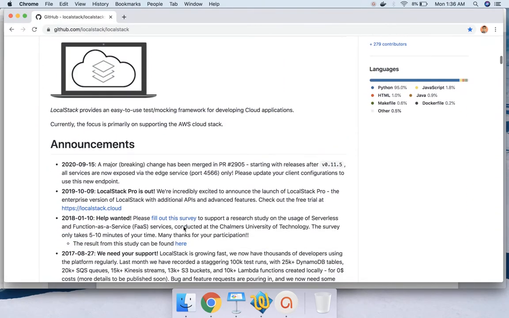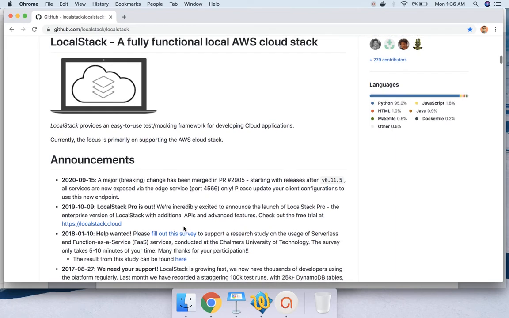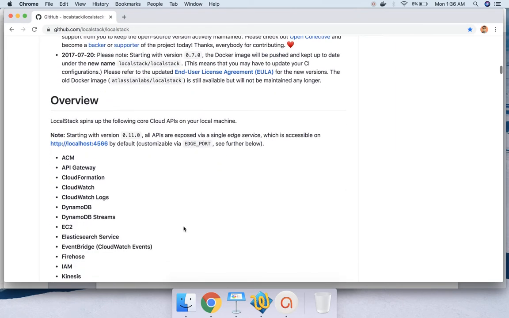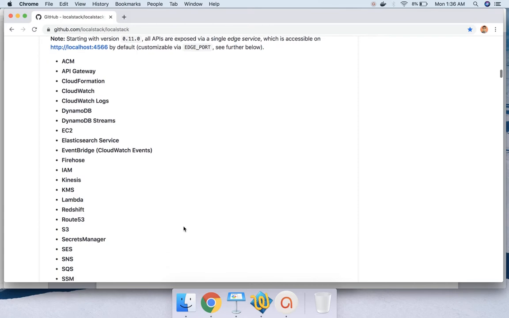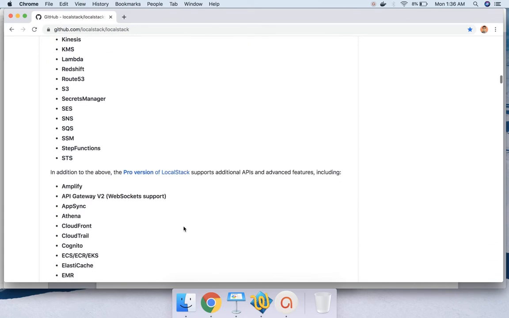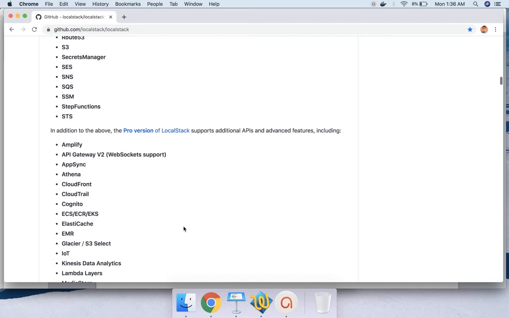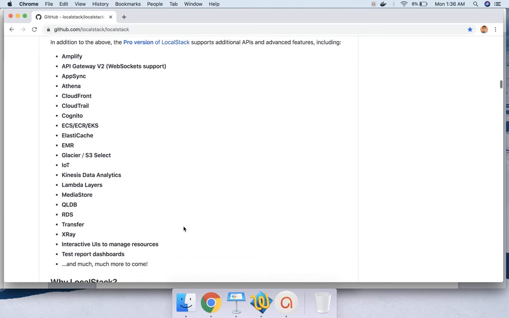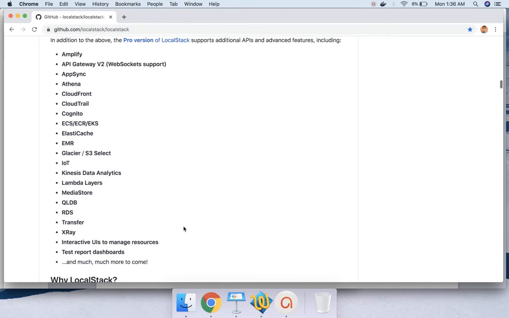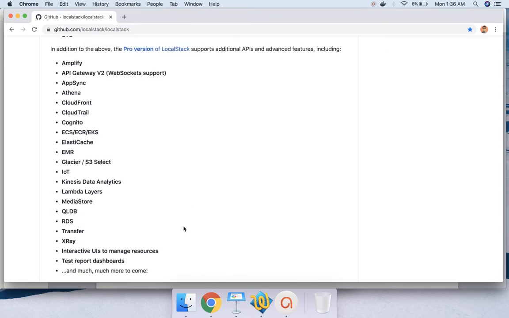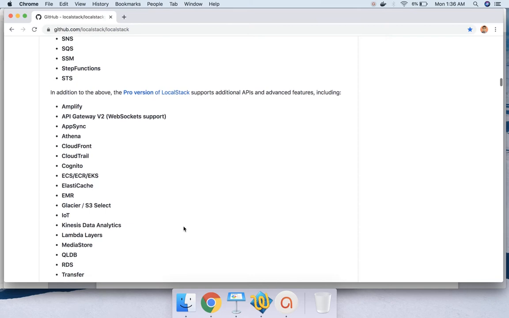You can go through the documentation, all of which is given. It says what APIs and what services are exposed. You can see there are lots of them, so we have most of the services that we would require, and I'll demonstrate the SQS part of it.